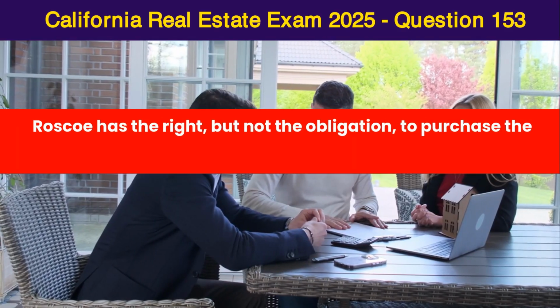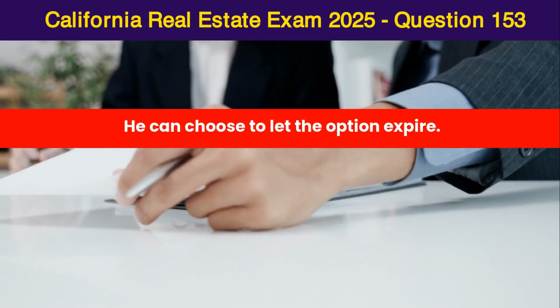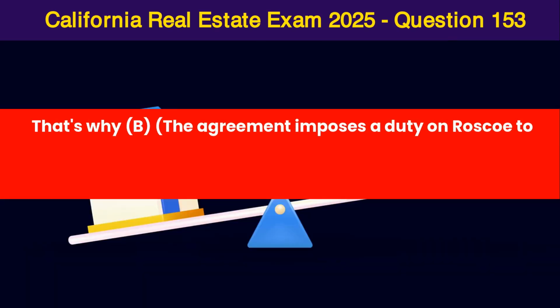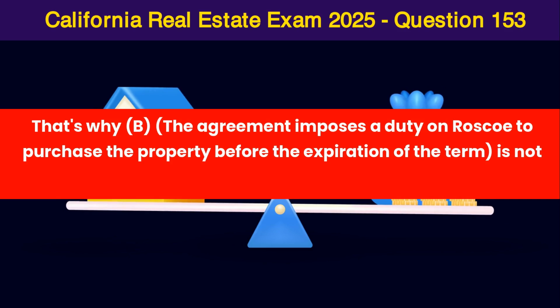Roscoe has the right, but not the obligation, to purchase the property. He can choose to let the option expire. That's why B, the agreement imposes a duty on Roscoe to purchase the property before the expiration of the term,